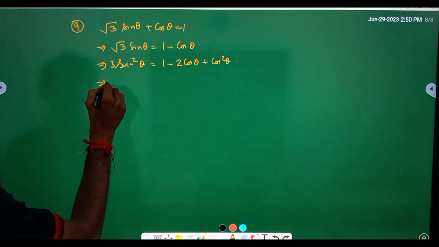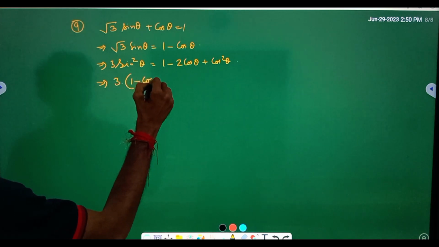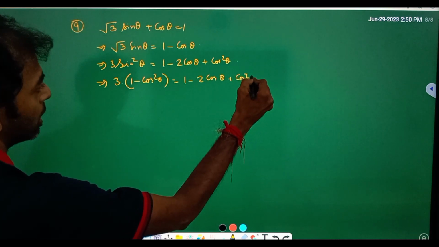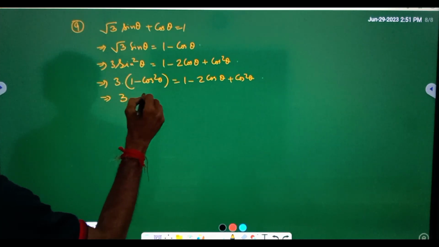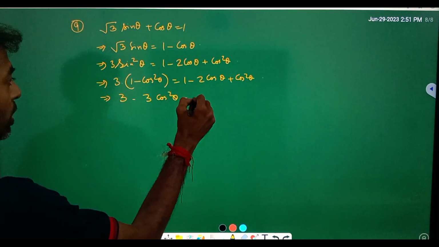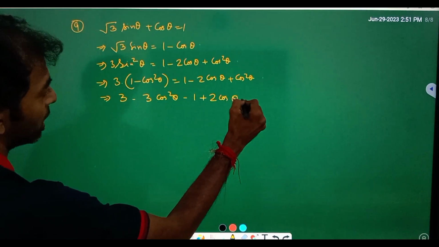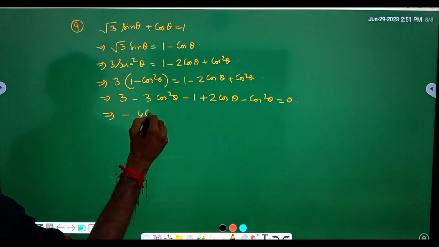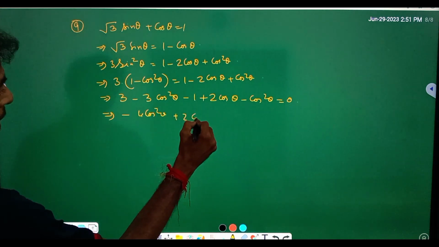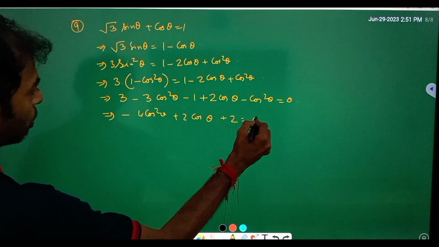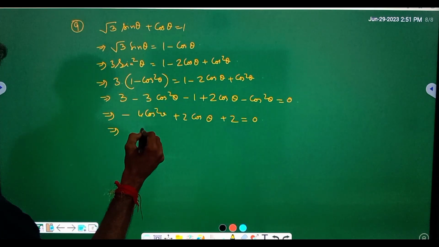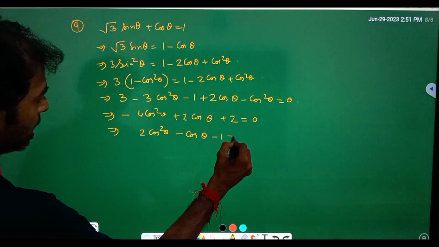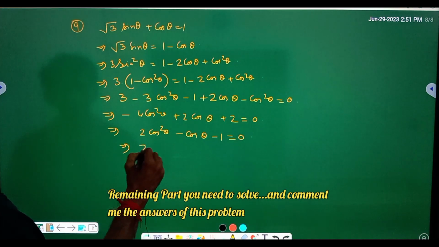Now, if you substitute sine square theta as 1 minus cos square theta, what will be the result here? That will be 3 minus 3 cos square theta equals 1 minus 2 cos theta plus cos square theta, so 3 minus 3 cos square theta minus 1 plus 2 cos theta minus cos square theta, total equals 0. Now, the total result is minus 4 cos square theta plus 2 cos theta plus 2, total equals 0. If you take minus 2 common, the result will be 2 cos square theta minus cos theta minus 1 equals 0. And in case of that, you may